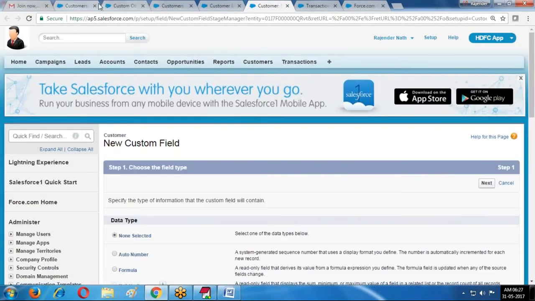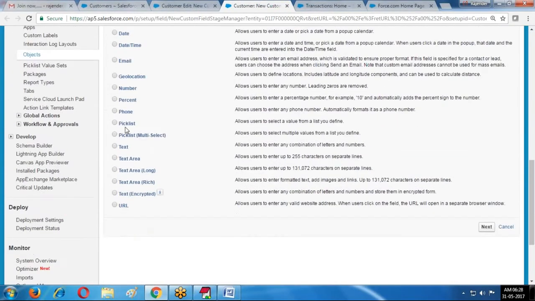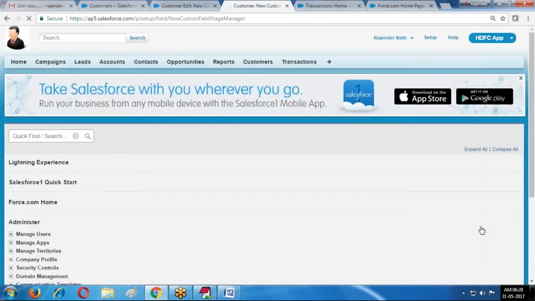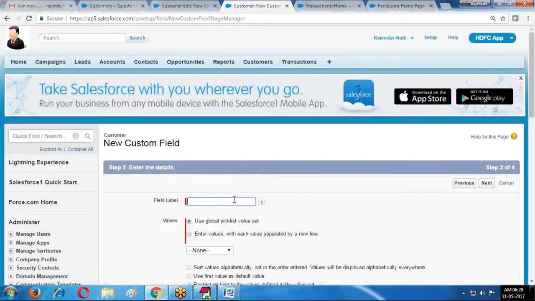New custom field creation. Loan types, whenever I'm creating, for that loan type I use a pick list multi-select option. He is taking a car loan, home loan, personal loan, gold loan, education loan, like this, different types of loans, maybe selecting more than one option. Pick list type of option. Loan types.